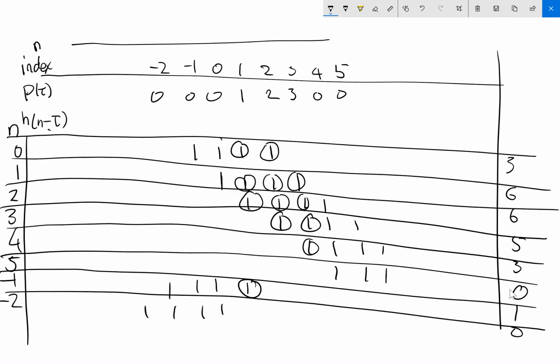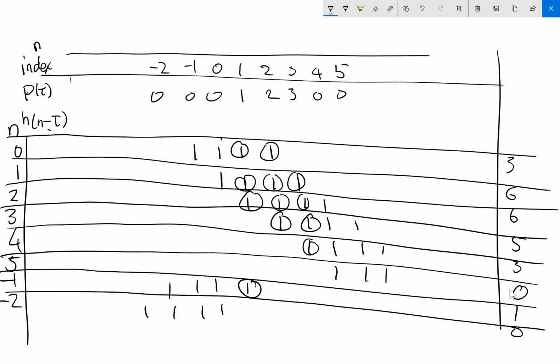So let's say -1 is 1, and 0 is 3, 1 is 6, 2 is 6, 3 is 5, 4 is